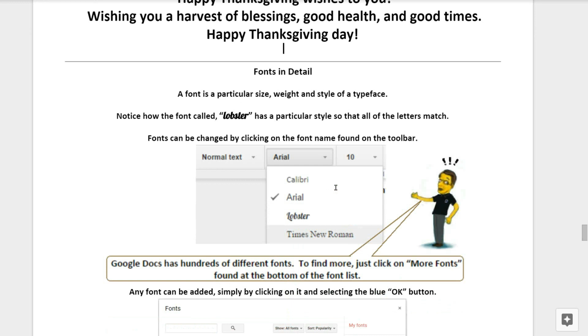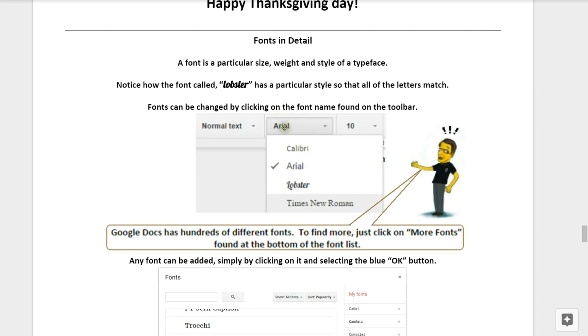And while you're doing that, I'm going to be talking about fonts in detail. A font is a particular size, weight, and style of a typeface. Notice how the font called Lobster has a particular style or look so that all of your letters match. Fonts can be changed by clicking on the font name found on the toolbar, which is normally Arial.